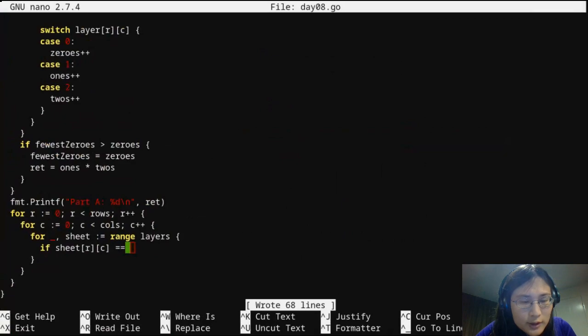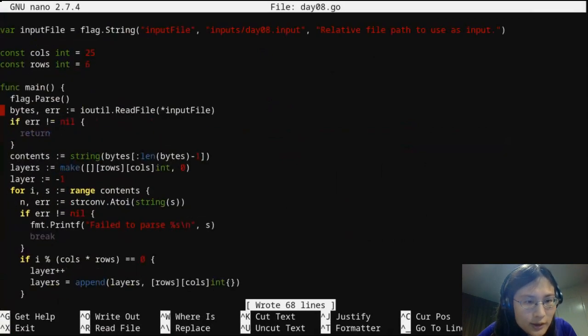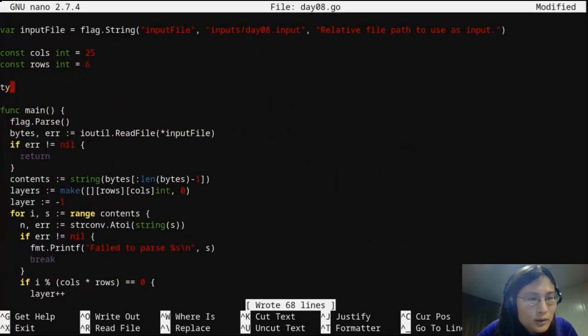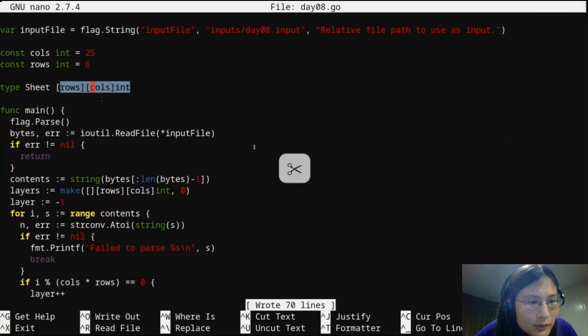If sheet RC is, actually, let's actually define this. Rows, cols. Okay, let's just replace that, do a little refactor as we go. As Hannah Hart says, clean as you go.